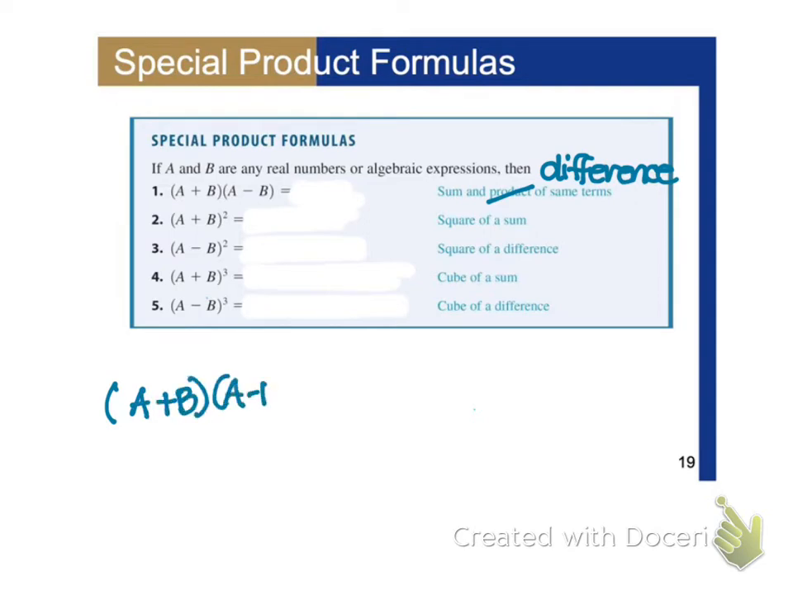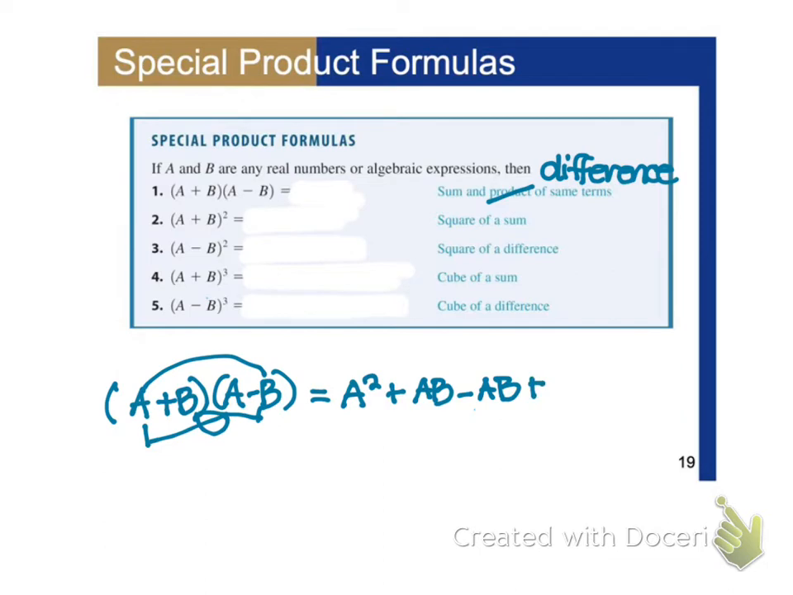Remember, we'd say first, outside, inside, last. We multiply the first 2, which would be A squared, the outside 2, which would be plus AB, the inside 2, which would be minus AB, because it's a minus B and a positive A. And then the last 2, which would be a negative B squared, because one's positive and one's negative. Well, because those 2 terms in the middle are opposites, they cancel out,